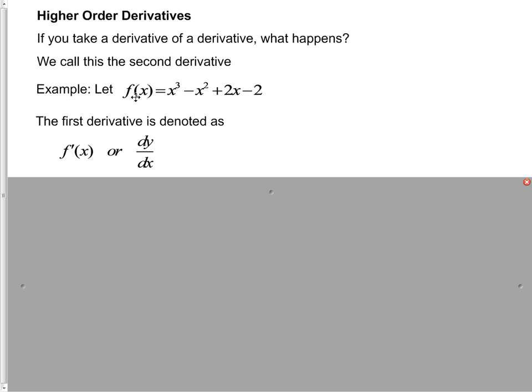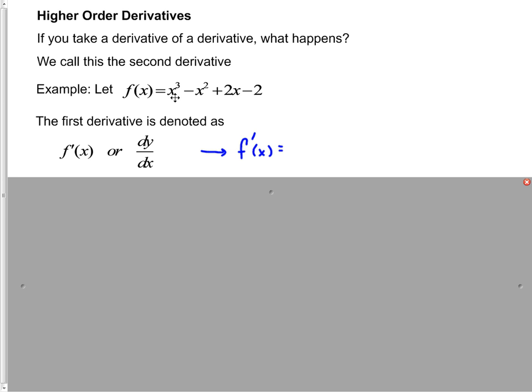So if we start out with a function like this and we take its derivative, we should be able to get another function, right? And we call that function f prime of x. So in this case, I have my function f of x equals x cubed minus x squared plus 2x minus 2. And so if I take my derivative right here, going term by term,